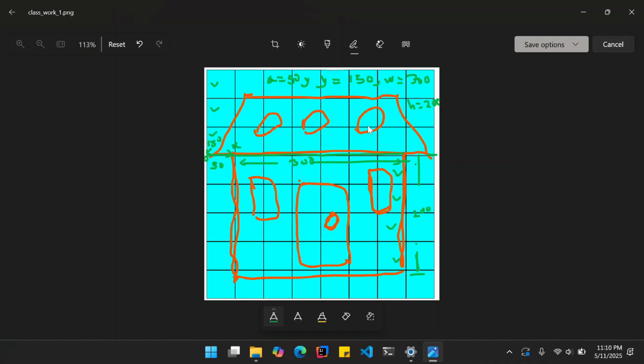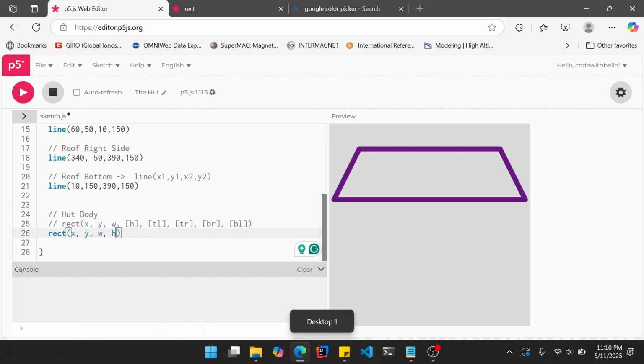So X is 50 and Y is 150. So let's see that. So we said X is 50. So it's going to start somewhere here. And Y is 150. It's going to start where this starts because Y is 150 at this point. That is your bottom. If you look at your bottom, Y is 150. Then the width is going to be 300,